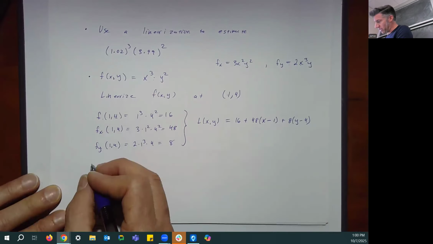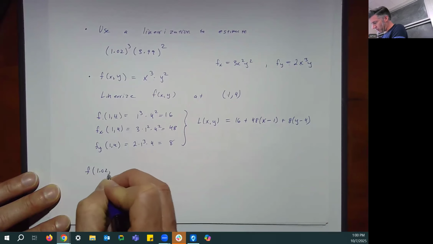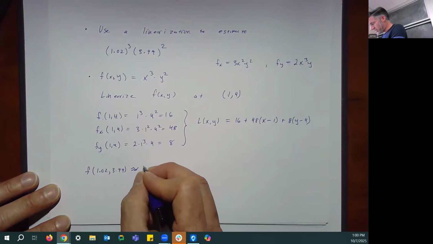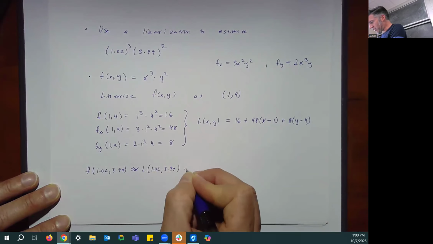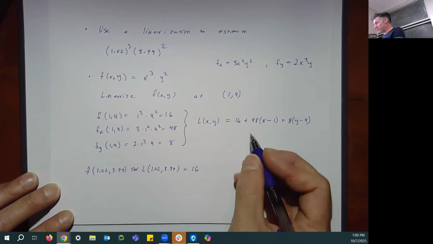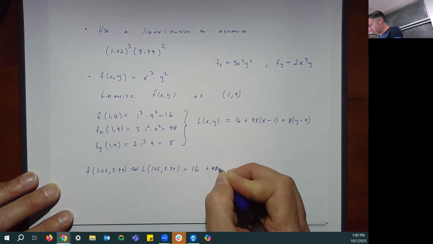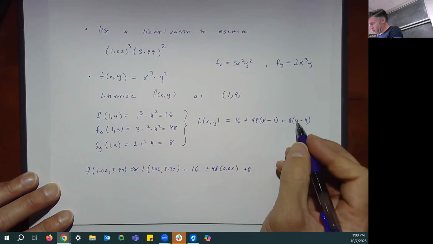So we're going to say that f of (1.02, 3.99) is going to be nicely approximated by L of (1.02, 3.99), which is going to be 16 plus, okay, let's not write all the things. Instead of writing 48 times 1.02 minus 1, let's just write 48 times 0.02, and 8 times 3.99 minus 4